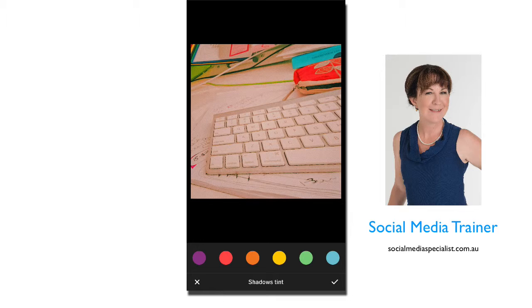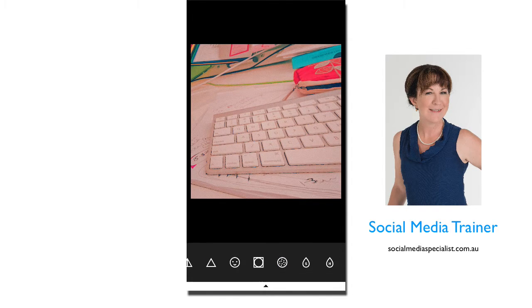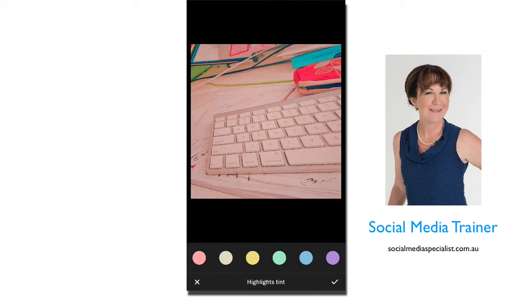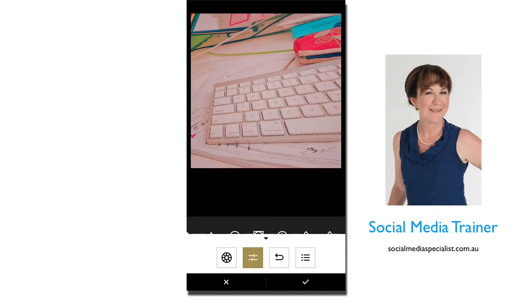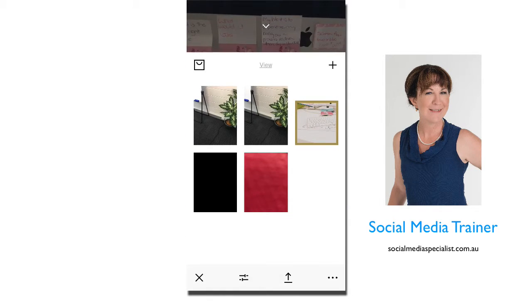Then we've got our shadows tint. So like we were saying with the blue, we can have a blue contrast in our image. Shadows are blue, tick that. Then we've got highlights tint, so we can select that, so it makes the whole picture blue. I actually don't really like that much, so I might just bring it back a bit. And then we go check, yes, I like that. Now, once you've completed the image,